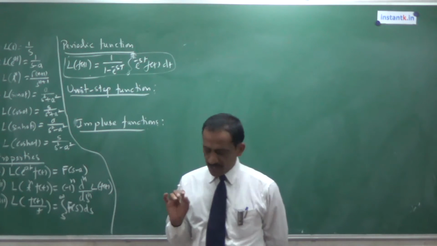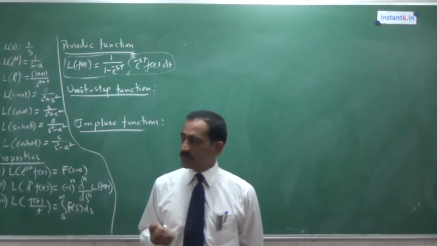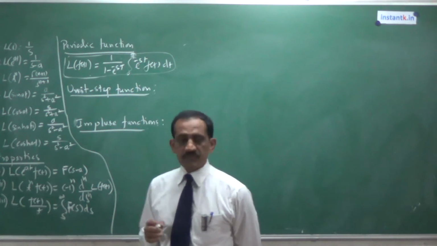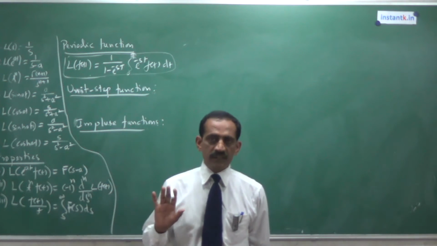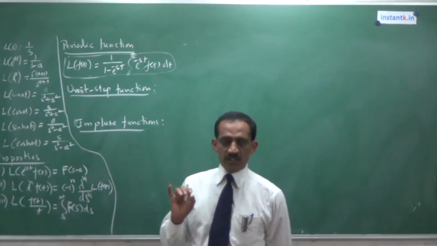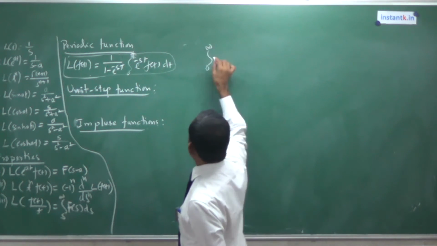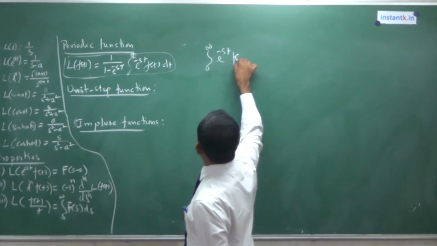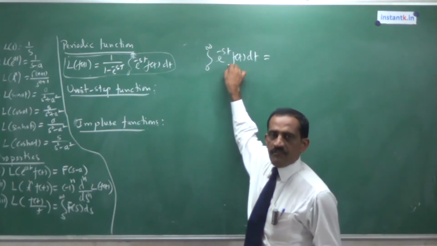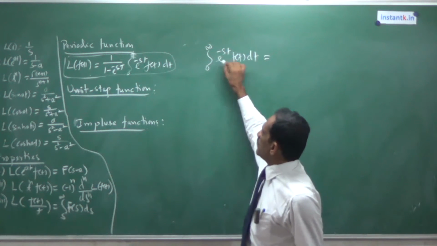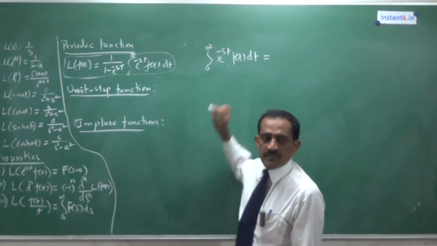So in order to write the answer for this question, the theory you should know is, first of all, what you mean by Laplace transform. The definition must be known perfectly. So Laplace transform of a function f of t is defined as the integral from 0 to infinity of e power minus st into f of t into dt. That means for a given function f of t defined for positive values of t, you multiply by e power minus st. Integration is done from 0 to infinity with respect to t.